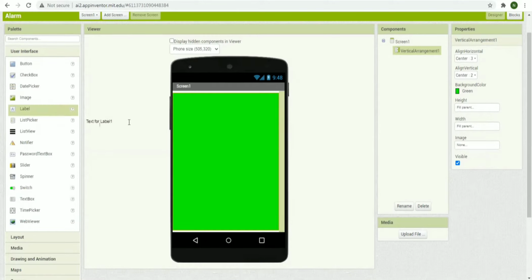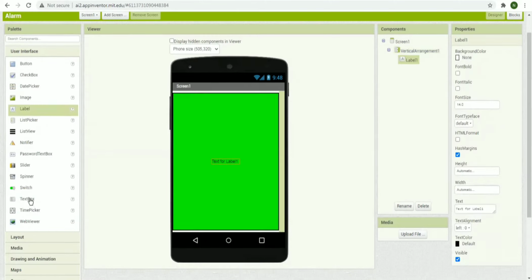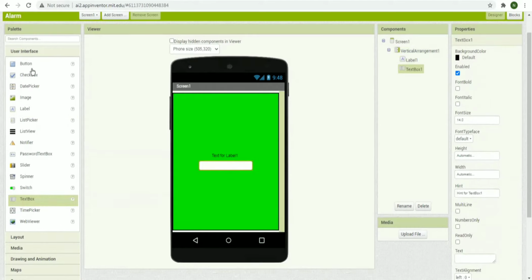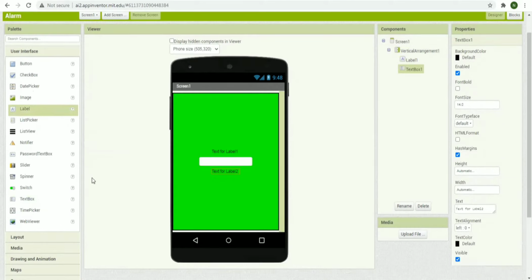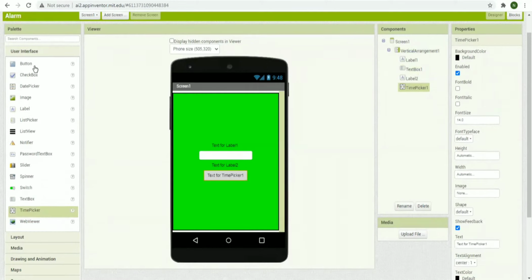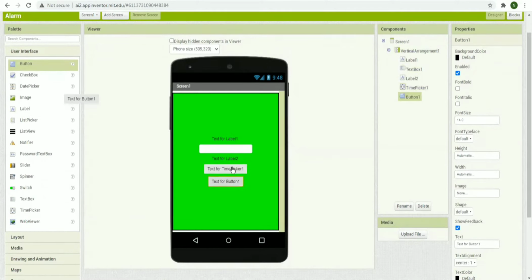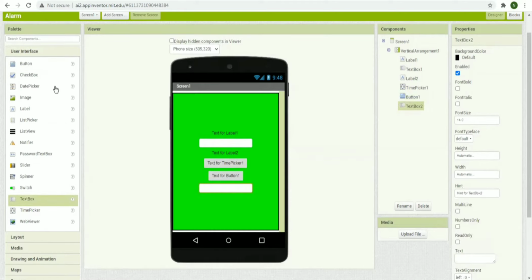Then we'll be adding a label, a text box, another label, a time picker and a button. This is the setup for one alarm, and I'll be showing you two ways of making the alarm. One is using the time picker and one is using the label or the text box. So we're again going to take another text box, a label,